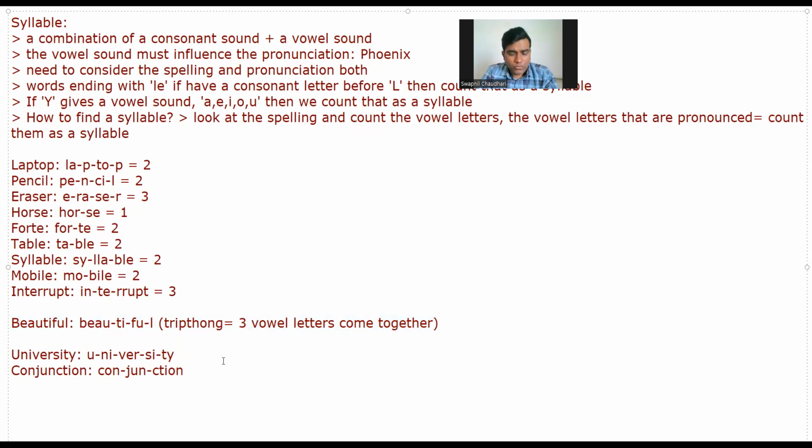Okay? So over here, how many syllables can we count? You can see we have 1, 2, 3, and then 4, and then 5. So just because we have 5 vowel letters, can we count them as 5 syllables? No. You just need to see how many sounds you are getting. Bu, oo sound is there, and then we have t, and then we have foo. Okay? So how many syllables here? 3. Okay? Now the next one,